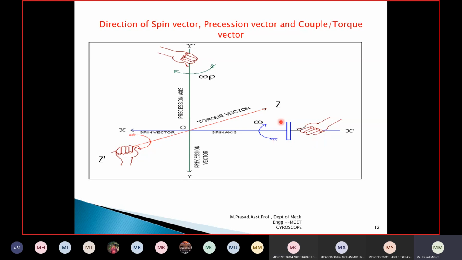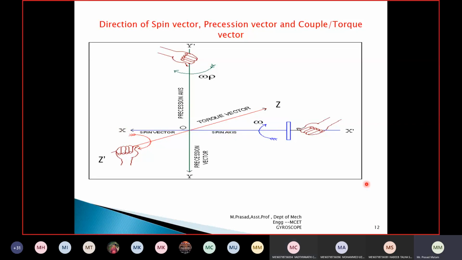From this end, or you can experience it with the help of your pen. Try to rotate your pen at this position. Rotate your cap and see how your thumb is moving. When your thumb is moving in the clockwise direction, it is moving forward. When your thumb is moving in the anti-clockwise direction, it is moving in the reverse direction. So what I want to say is, clockwise always moves forward. My disk is rotating in the clockwise direction, therefore it is moving forward in this direction I am showing. Now this is my forward motion.